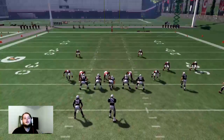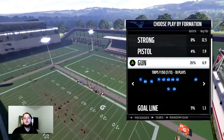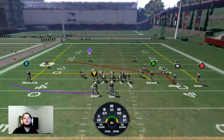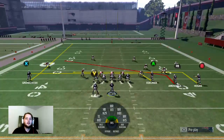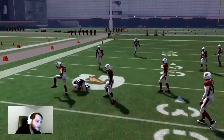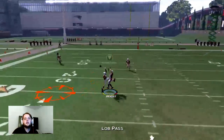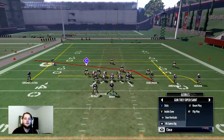Your next play is going to be DB in. I think that's what it's called. Let's see where to go. Empty tray open Saint. It is DB inside. Yeah, there it is. Not much you can do. You can just block your halfback. In Hogan, you just got another all cross. Pretty simple. The red route will actually get pretty deep upfield, so that's something you should keep a look at. Obviously, I'm not being allowed to right now by the computer to show you how well these plays can work, but